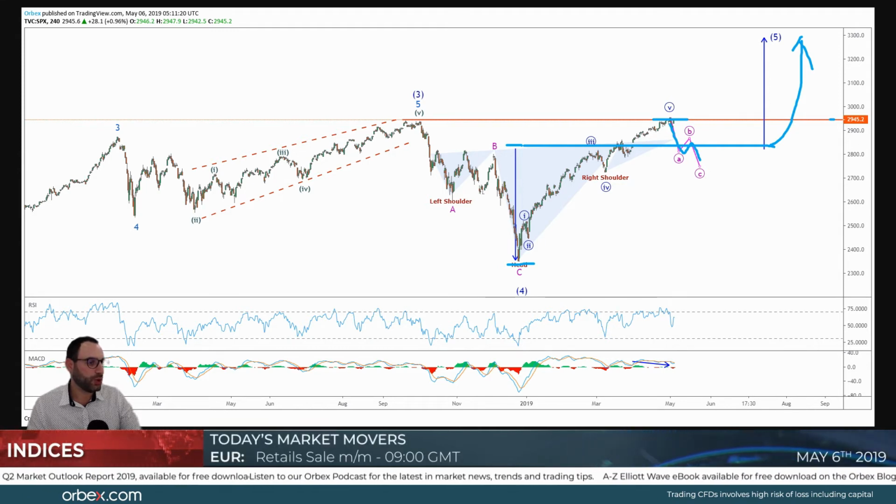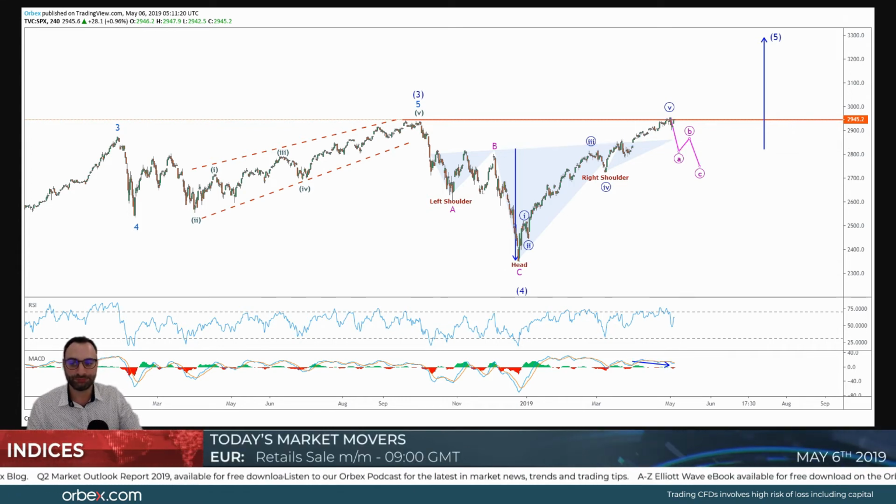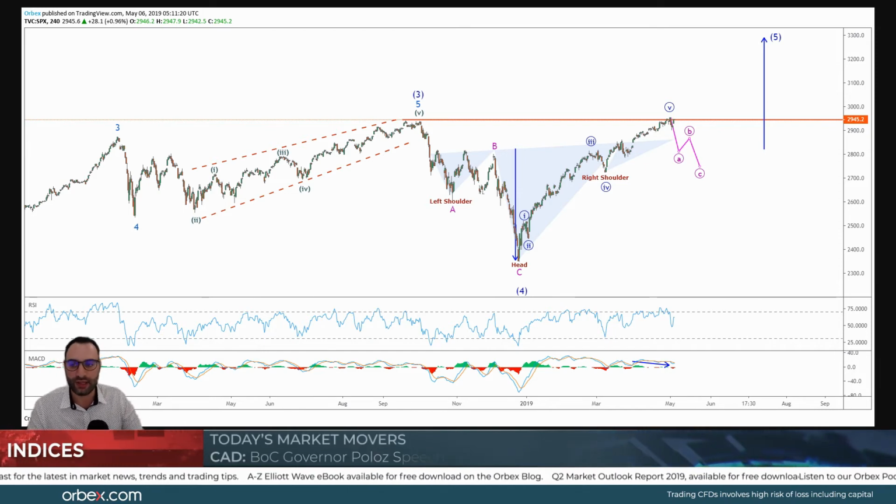cross below the 28.30 barrier, which is also a previous stop, because we do receive bearish divergence signals here on the 4-hour chart. Now, of course, for this to happen, we need a steep decline, and we need prices to give us some sort of increase in momentum on the downside.